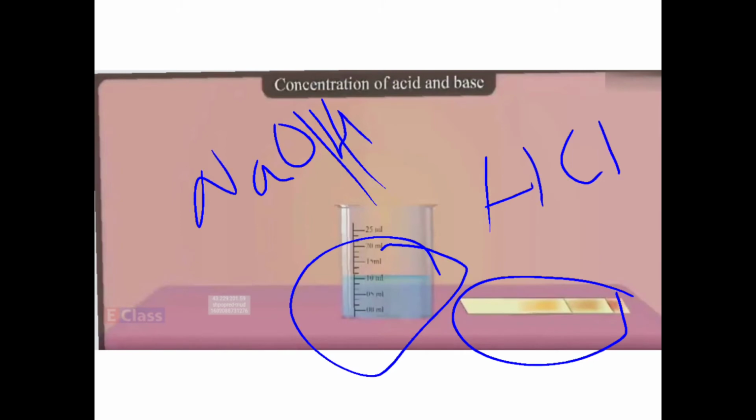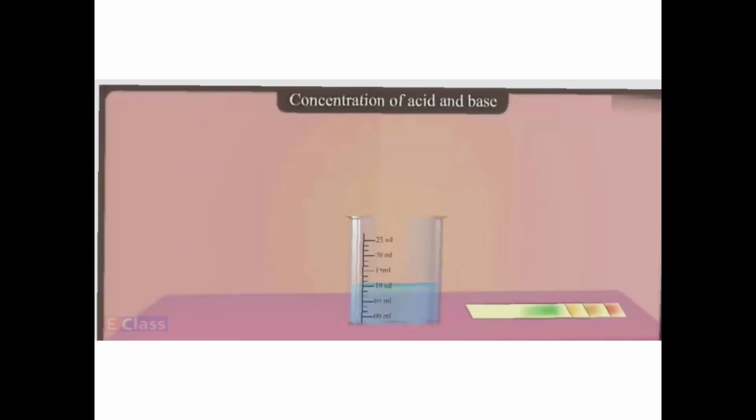Few drops. And what will you do? Every time you add a little, you are going to put a drop of the solution on this indicator. You keep adding here. You will see again that there is a change in the color. Keep doing this process. So what happens is, at one stage you will get green color. See, here is the stage where you got the green color. See, complete red, then little orange, then yellowish, and now it is having green color.